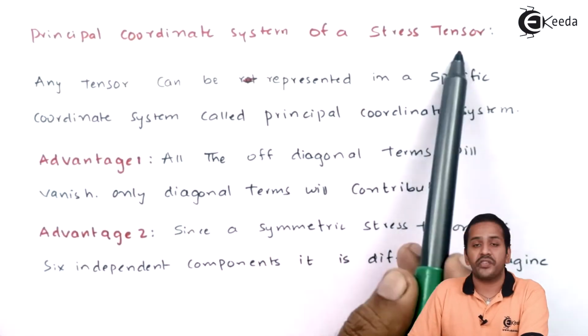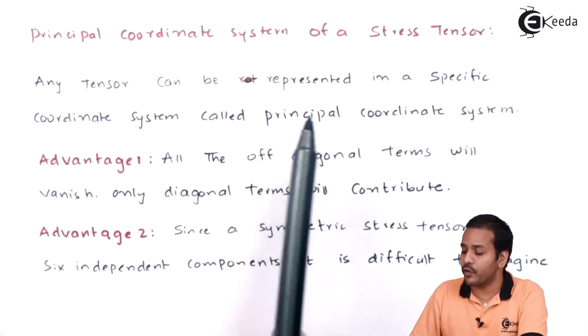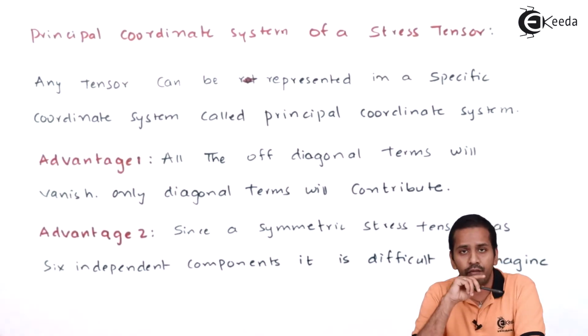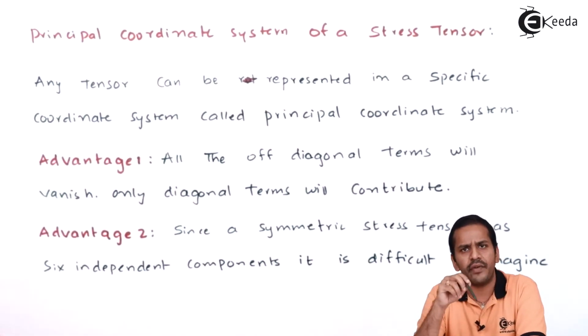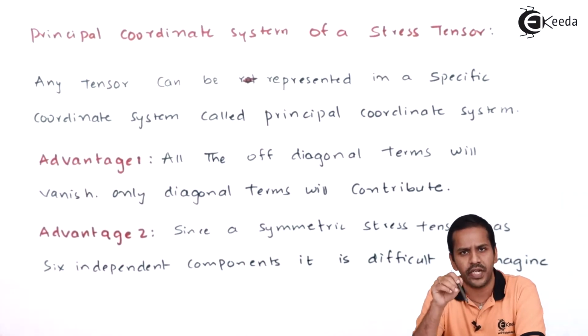Principal coordinate system of a stress tensor. Any tensor can be represented in a specific coordinate system called principal coordinate system. So we have a stress tensor which is invariant, that is, the stress is invariant. The only thing that will change is the coordinates. Depending on the coordinate system, we represent the stress tensor or any tensor in that view,